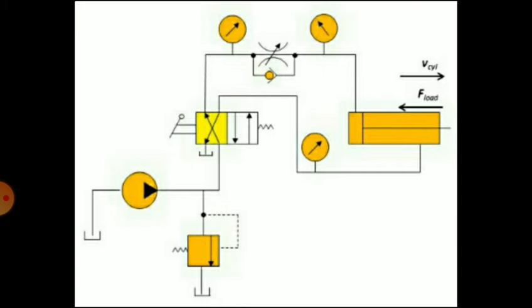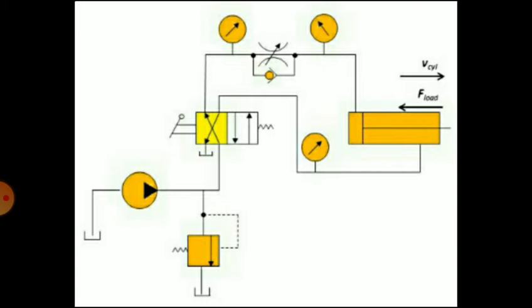After the pump, port P is connected to port A, as indicated by the arrow, and through the flow control valve it enters the inlet port of the piston, and that fluid forces the piston in a forward direction. At the same time, the fluid inside the piston rod end flows through the control valve, as indicated by the arrow, and that port is connected to the reservoir. So that is the forward stroke.